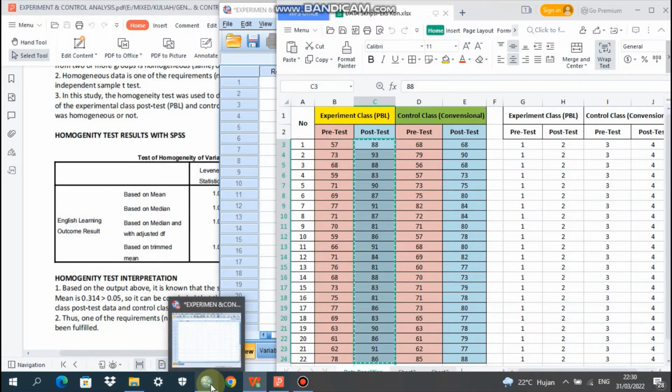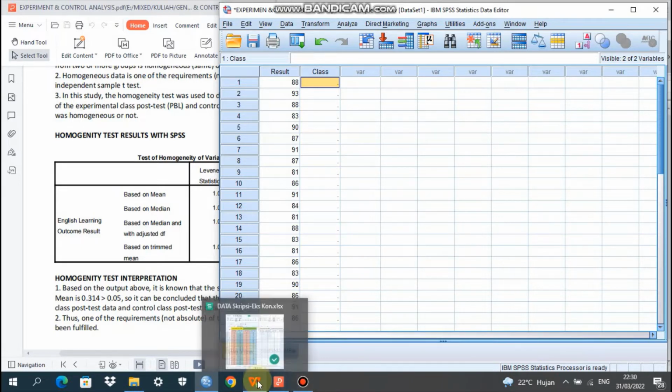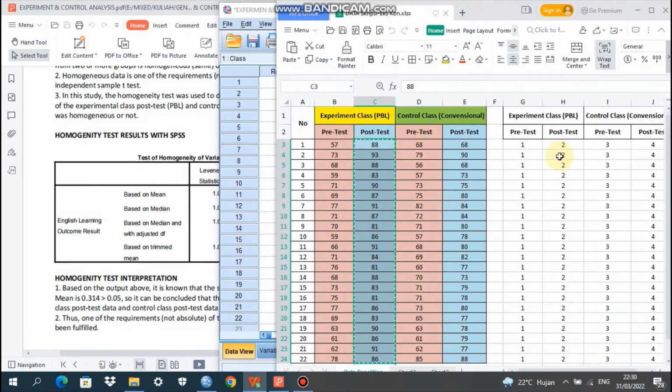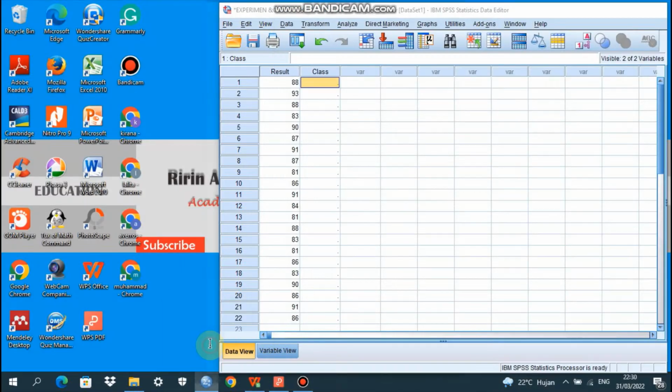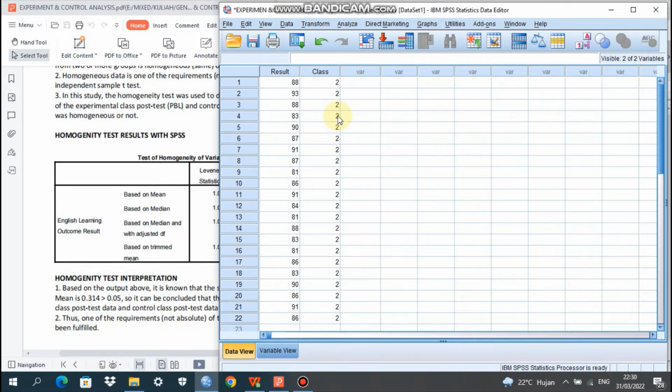And then we paste it in the column result in SPSS. Then we go to the class column and we copy the code for the post-test here, 22 participants, 22 codes. We go back to SPSS and then paste.